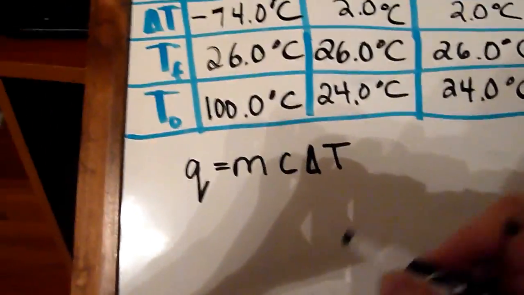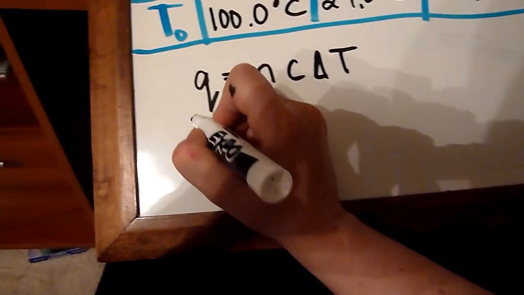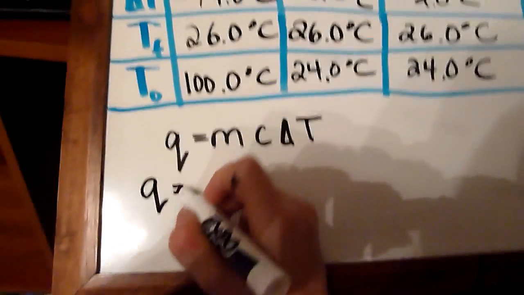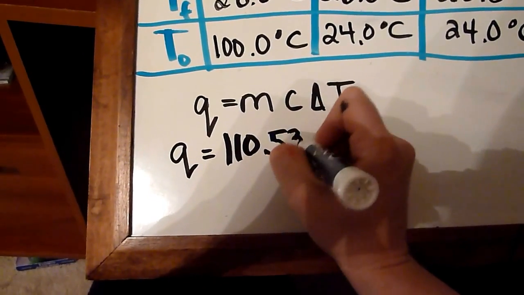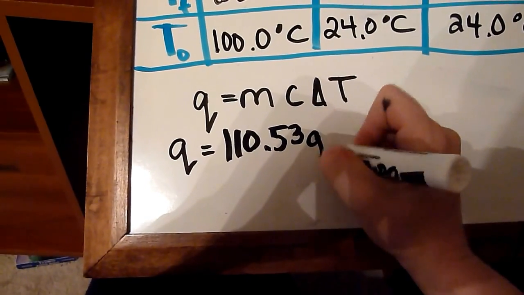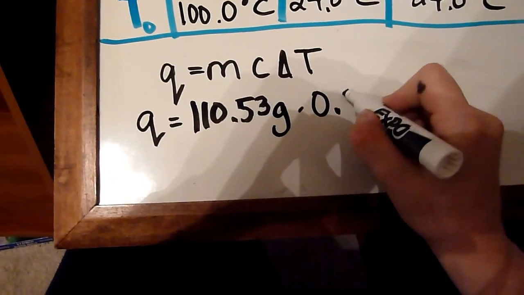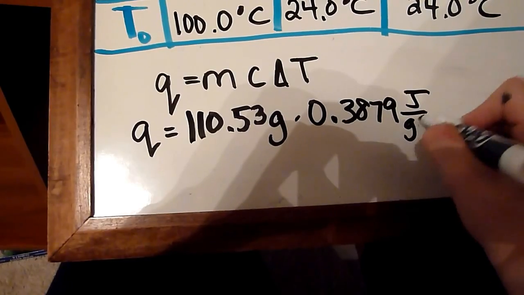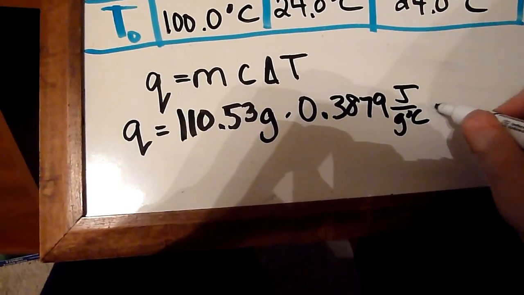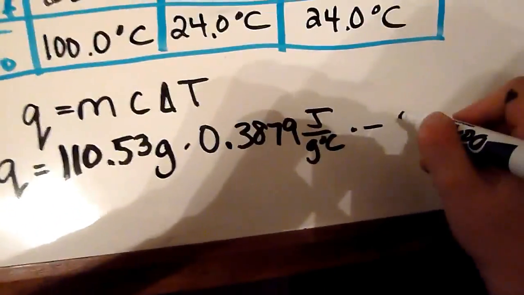So first we'll calculate for the metal. We want to find the Q of the metal. We're going to find that that is equal to the mass of the metal, 110.53 grams, times the specific heat of this particular metal, 0.3879 joules per gram degree Celsius, that's zinc, times delta T, which in this case, since the metal lost heat to the water, it had a change in temperature of negative